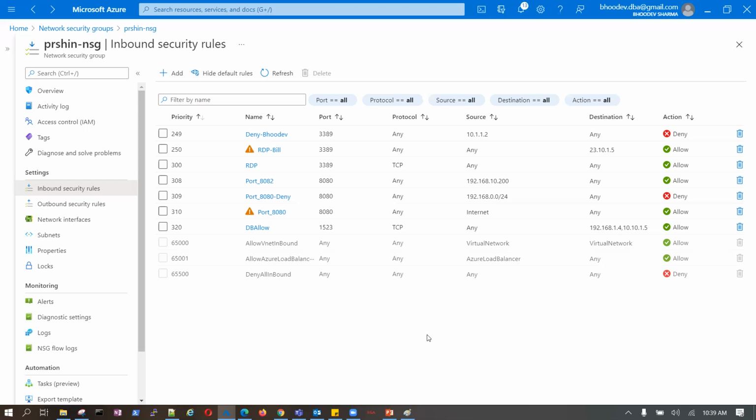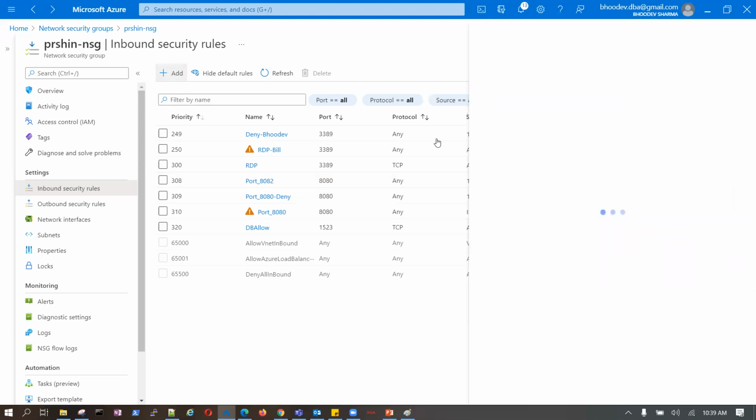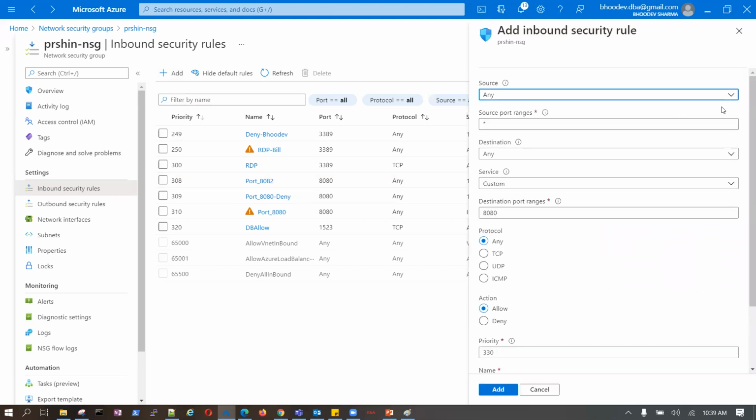Oh, sorry, it should be less than 309. Very perfect. 308 we are already using, so we can go with 307. Very perfect. So what does it say?